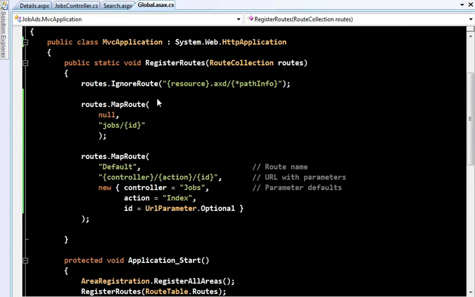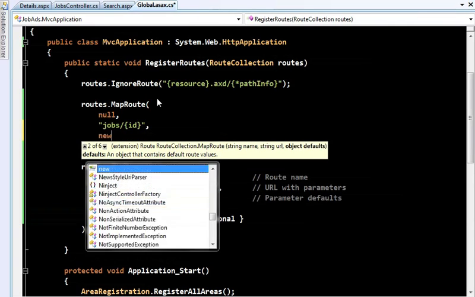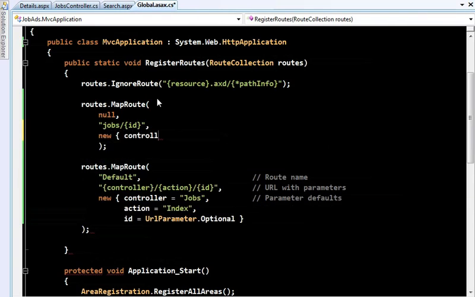However, if an incoming request matches this entry, the MVC framework won't know what controller and action to invoke because we haven't specified them. Since they're not being specified by the URL, I need to specify them as defaults. The third parameter lets me pass some defaults, so I'll say that this route matches a controller called jobs and an action called details, and now that hopefully should be enough. And because this new entry has gone at the top of the list above the previous one, it has priority over it.